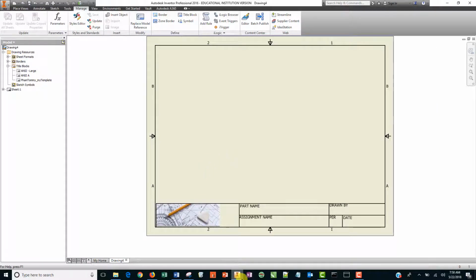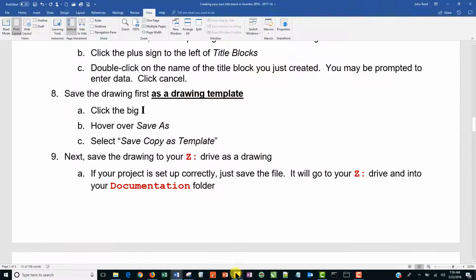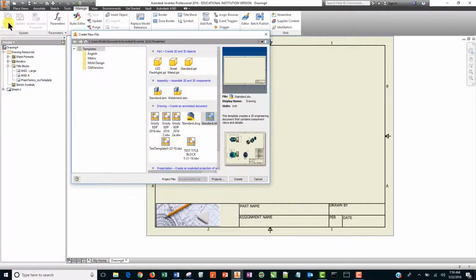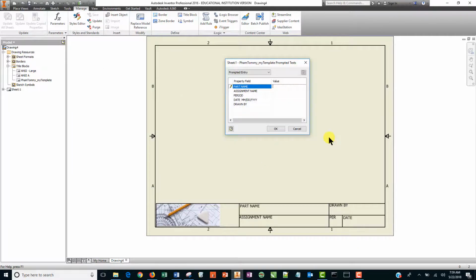Okay, now what you'll notice is that if you come and you say big I new, you'll see it down here. So I believe it's this one right here. No, it's this one right here. I practiced one yesterday. And then it's going to prompt me, so this is going to be Tommy Pham. Assignment name is title block. Period is, we have 2 periods, 4 to 6. So this is going to be 05-22-2018. And